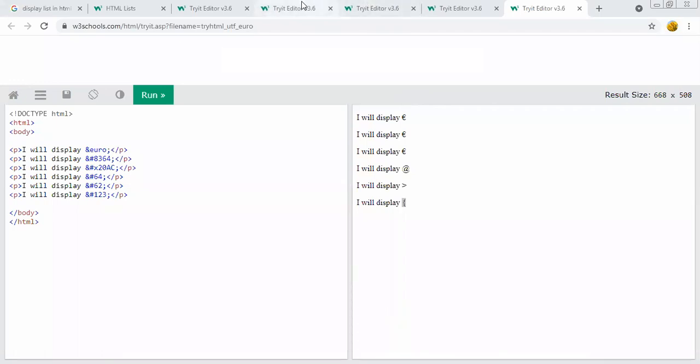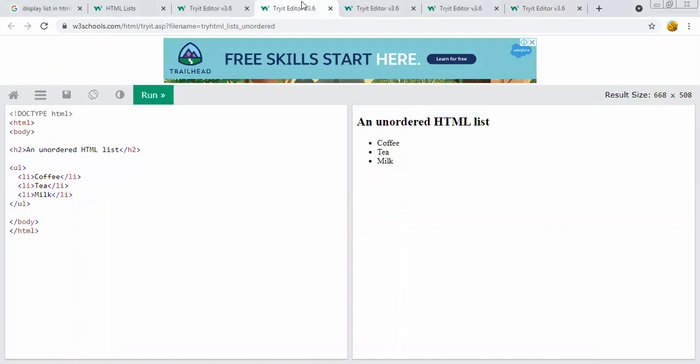In an unordered list we represent the contents with plain bullets. Generally this option is used when there is no standard sequence or particular order followed to display the items. Basically the UL is the tag we use for the unordered list.